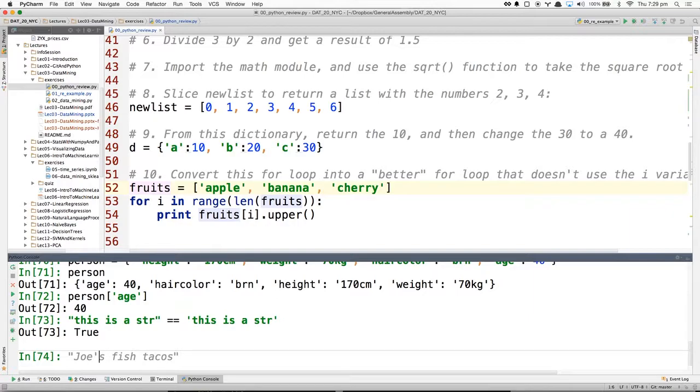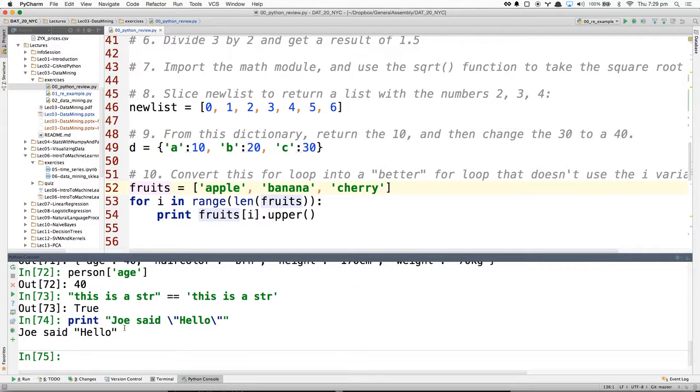If I want to say Joe said hello, I can use a backslash to escape the quotation, so that when I print or evaluate it, Python treats that as a quotation character rather than a quotation literal. So it interprets it as part of the string itself, rather than delimiting the string.